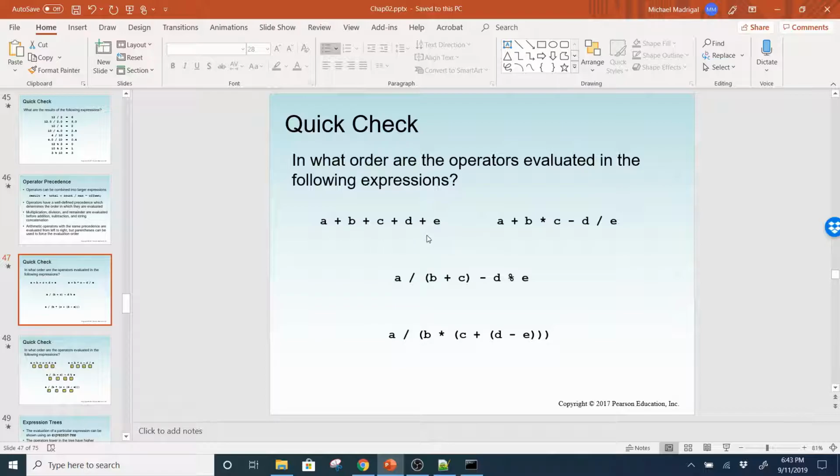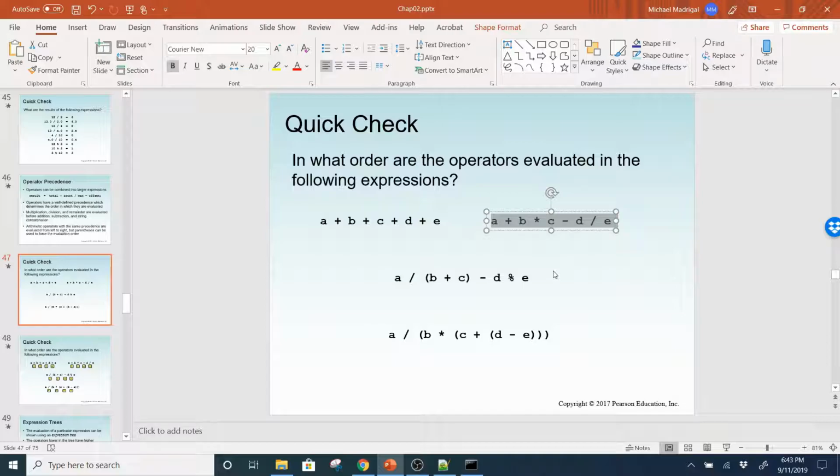So since it's all multiplication, excuse me, not multiplication, since it's all addition, it's going to happen from left to right. So it's just going to happen in order from left to right, right? So it's just going to sum all these up together. Over here, it's a little, oops, I didn't mean to move that. Over here, it's a little different, right? Because we have multiplication, we have addition, subtraction, division, all happening in the same line. So what's going to happen is the B and C is going to be multiplied first